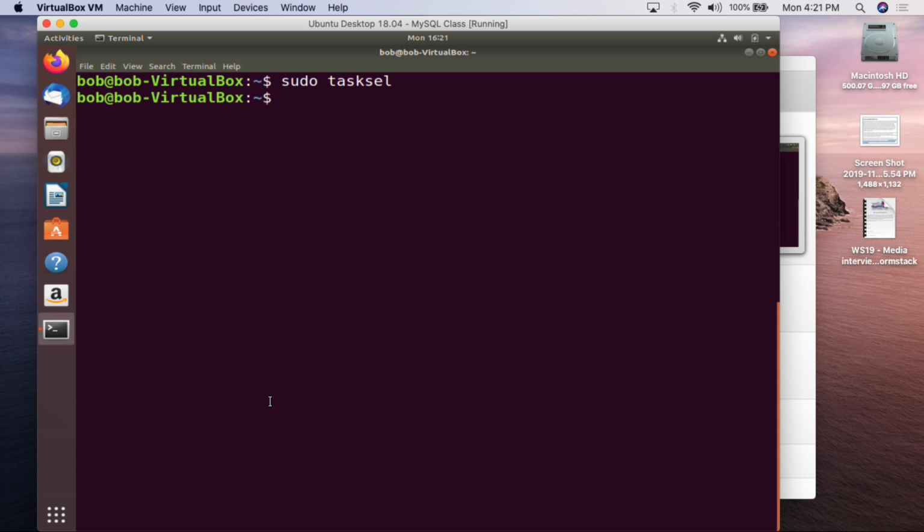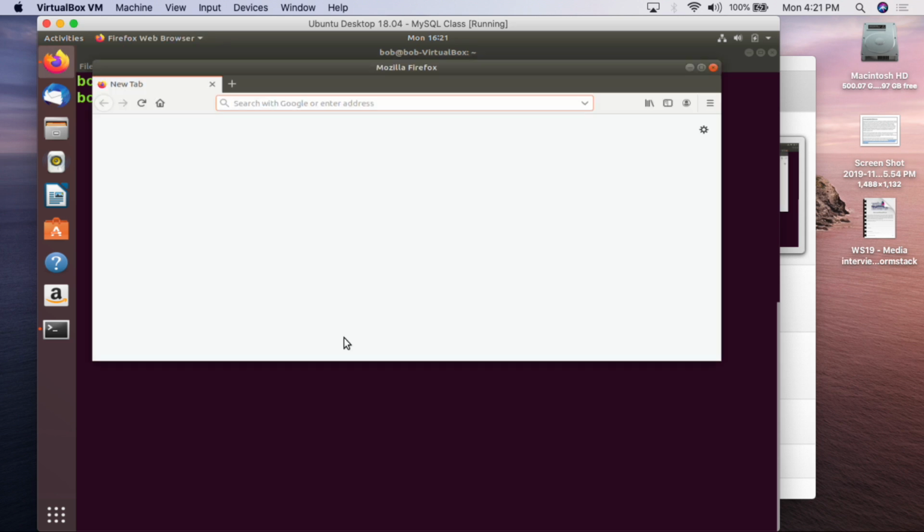And so now we're back, right? So the cool part here, right? So we go to Firefox. First thing to do, since it's a LAMP server, so a LAMP server is a web server. So we simply open up Firefox, and just to make sure that the LAMP server is actually installed, we're going to go to